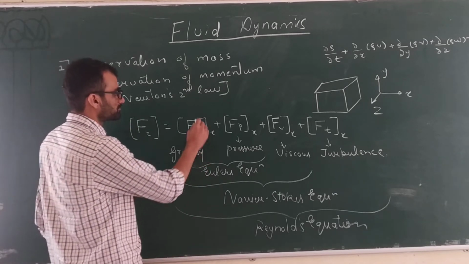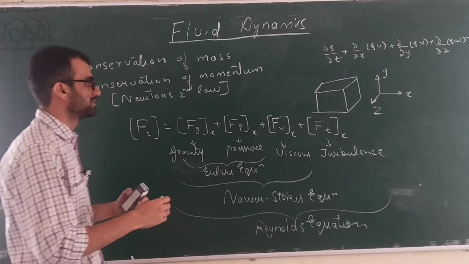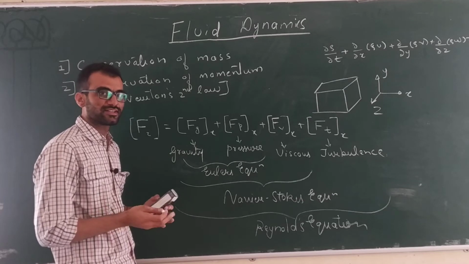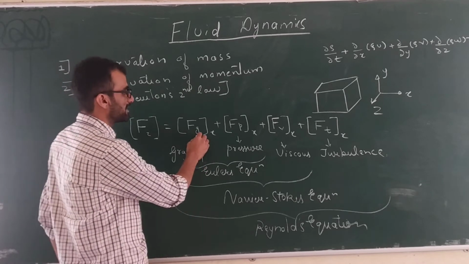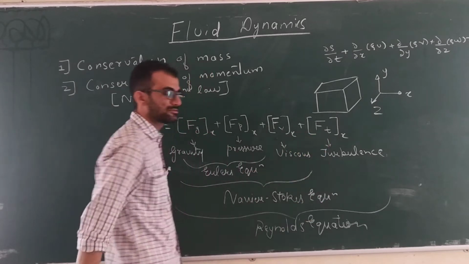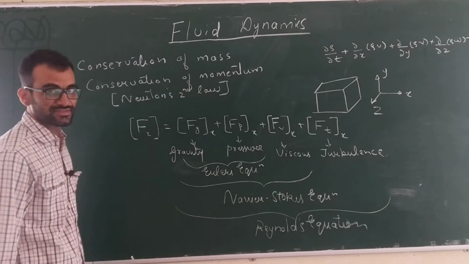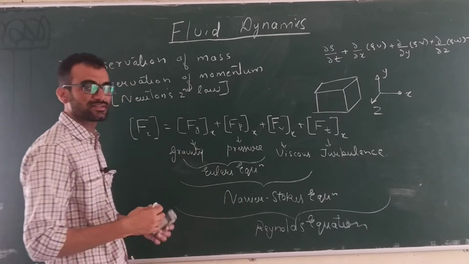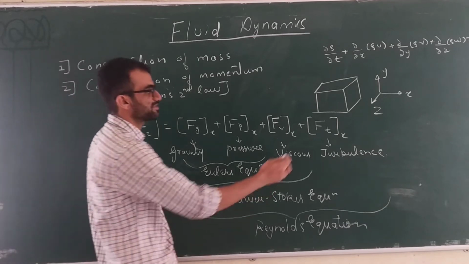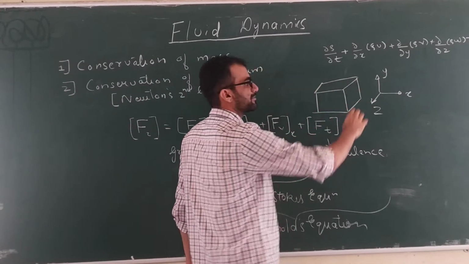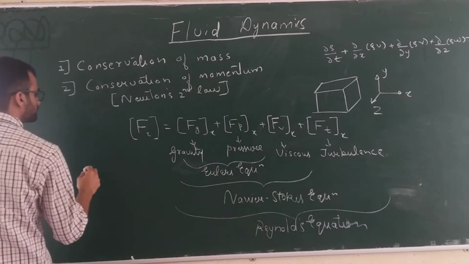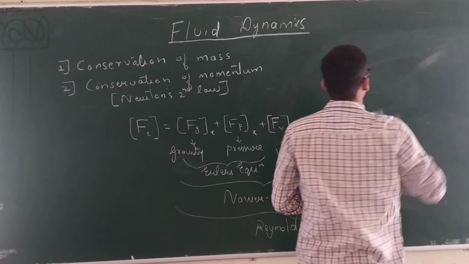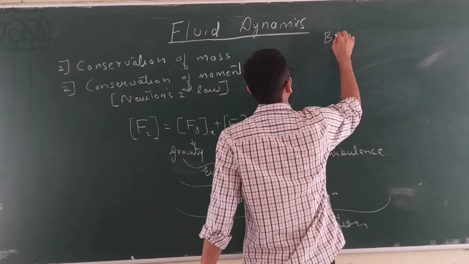Okay, now see, every one of these forces can be classified into a category called a body force or a surface force. So gravity force, pressure force, viscous force, etc., can be categorized as either a body force or a surface force. For example, gravity is a body force because it depends upon the mass of the fluid. Okay, so if you have a differential element here, the force will be acting over the entire body. So we have body forces and surface forces.